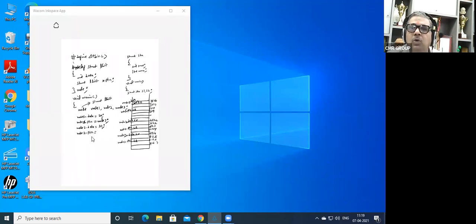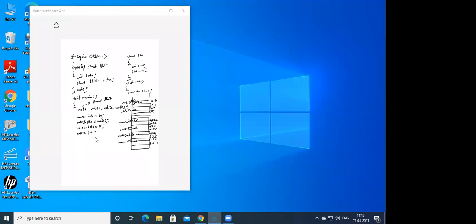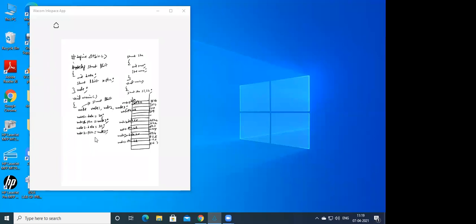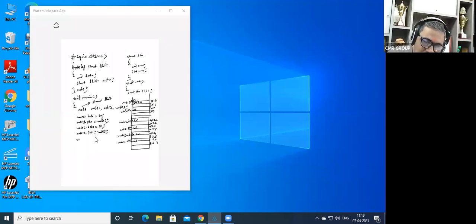Similarly, now tell me node 2 dot data. I want to assign the data part of node 2 as 30. So I've written node 2 dot data is equal to 30. Whereas for node 2 dot ptr, what do I want to assign? We want to assign the address of node 3. So what should be written is equal to simply node 3. Now node 3 dot data, I want to give a value of 40.